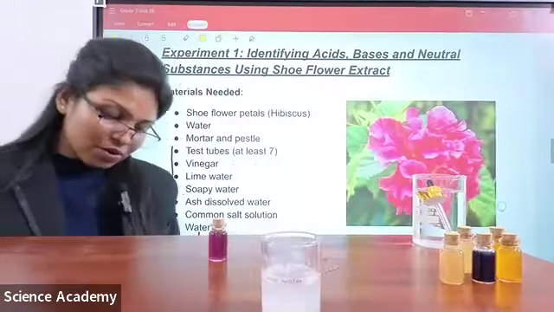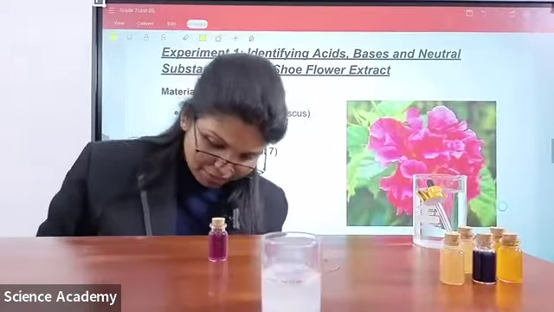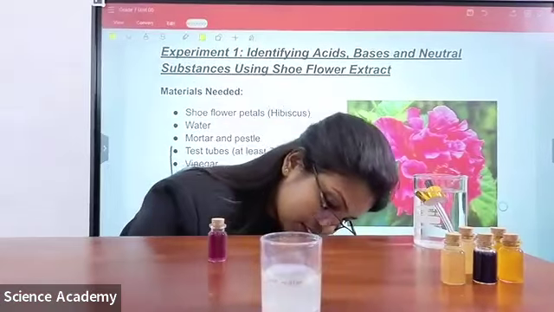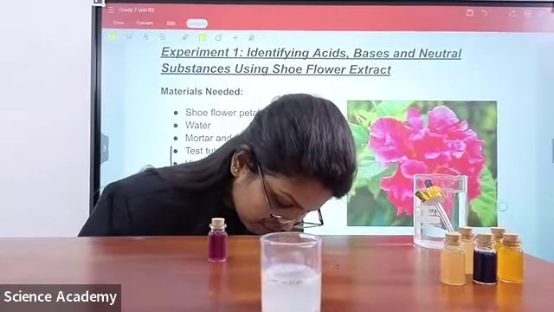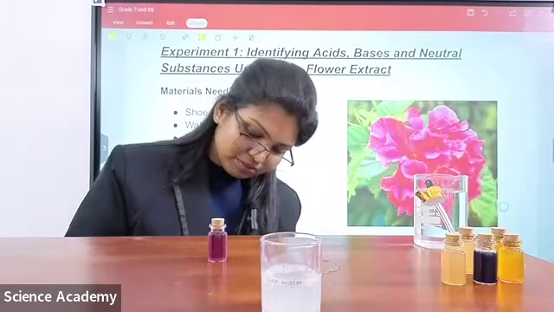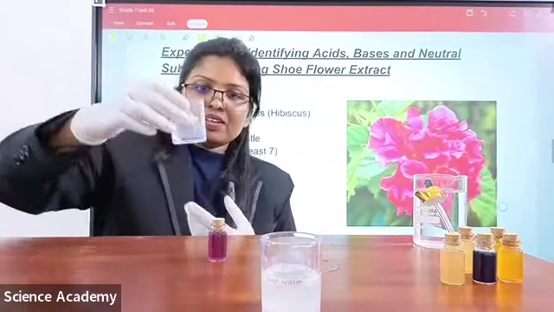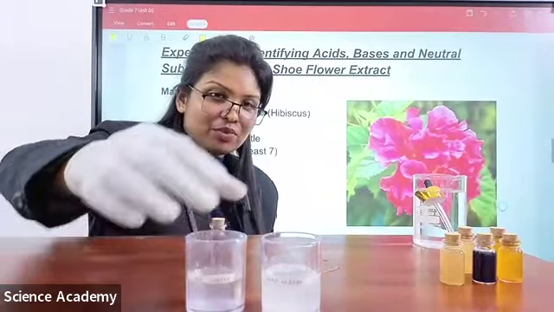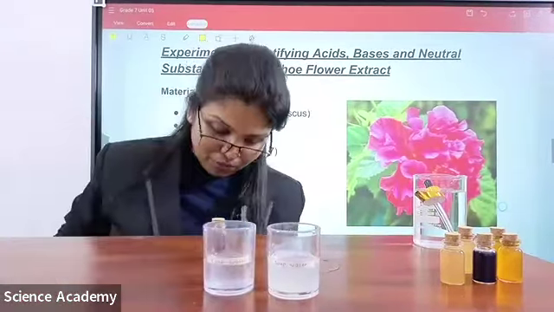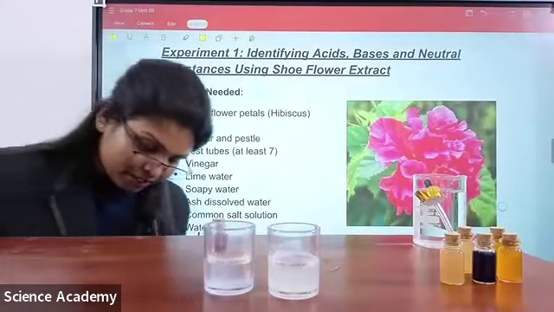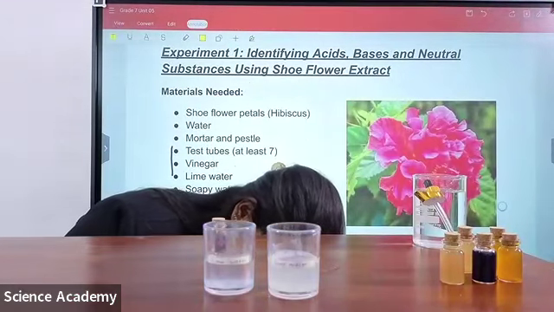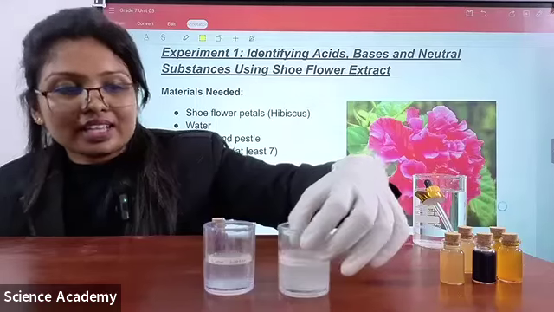So thereafter, I am going to get lime water. This is lime water, children. I hope that you can clearly observe it, right? Lime water, and then soapy water.